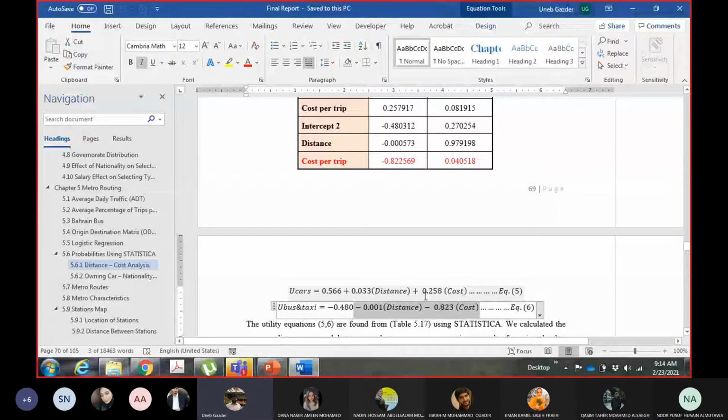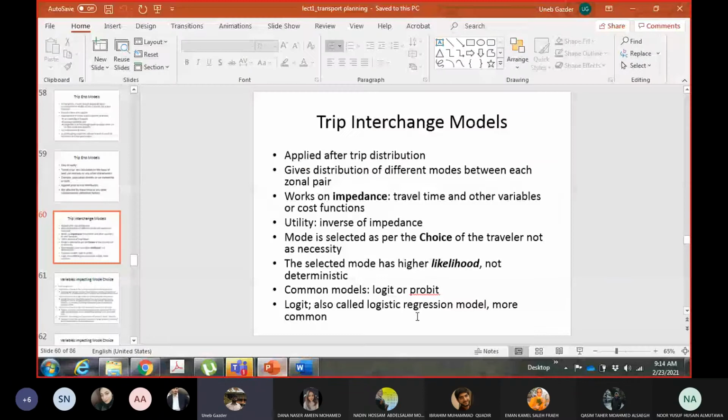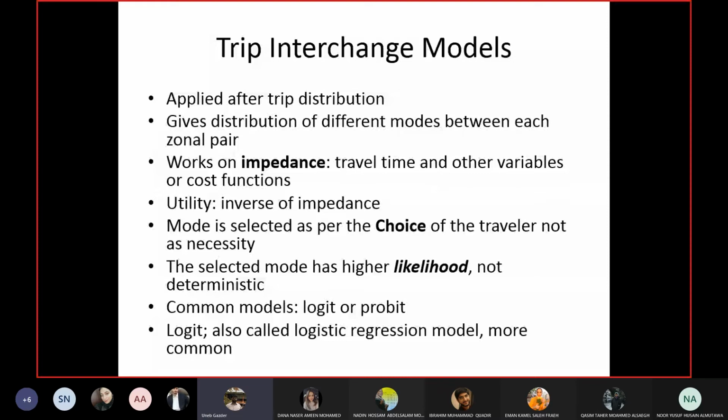Okay, the other one can be distance, it can be car ownership, it can be travel time, and so forth. And then you have the utility functions which have these coefficients as well. Now in this course, don't worry, we will not make trip interchange models. But some of you, if you have taken senior design project with me earlier, you may have made this model yourself. If you want, I can forward you one or two of these projects in which these models are being made and used.